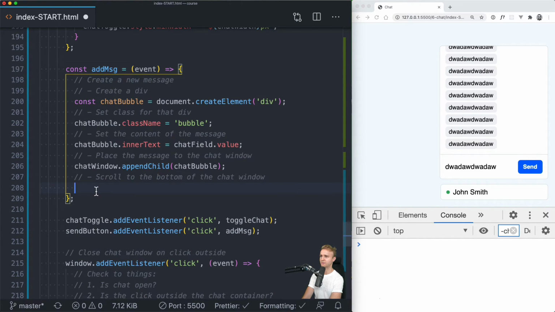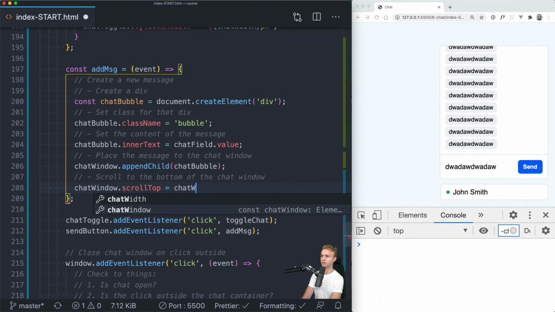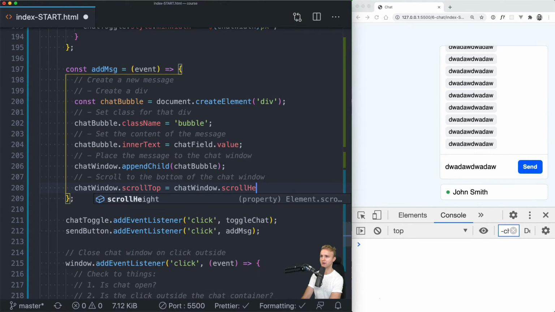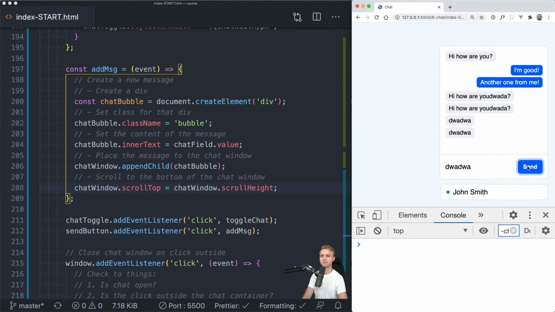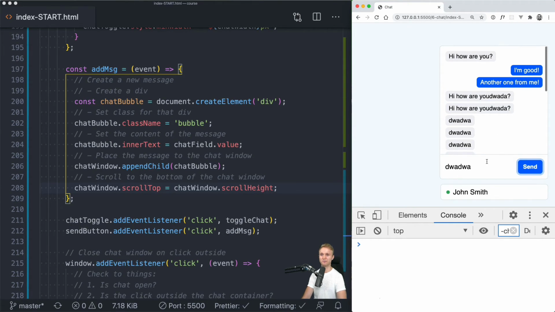So what we can do is take the chat window and set its scrollTop to be equal to the chat window's scrollHeight, which is going to be the inner height of this window. So let's see if that works. Okay, I'll go here, I add some stuff, more, nice. Well, the only problem now is we are talking on behalf of our friend because we don't have our own